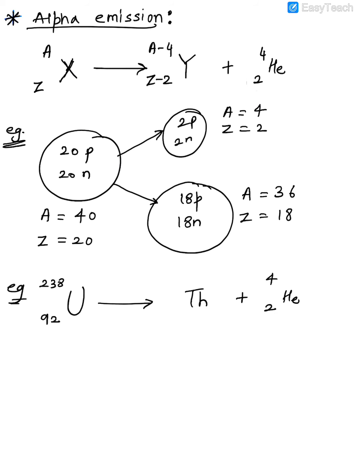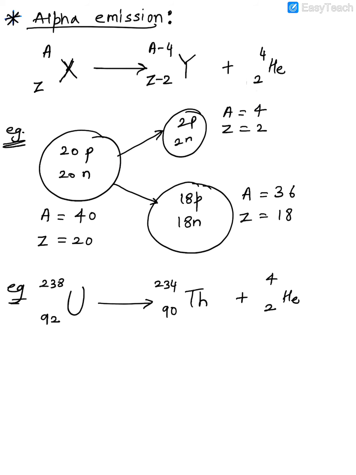Okay guys, those who are getting confused, I'll again repeat for them. You have to just apply simple math. 238 minus 4, what is that number? 234. Just look, you have to balance your left hand side and the right hand side, that's all. Same way, what will you do here? So it will be 92 minus 2, so that is how much? 90. That's how you get this equation. Okay, so it's very important.